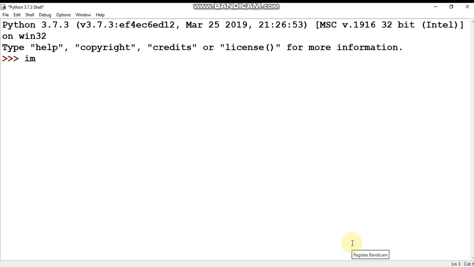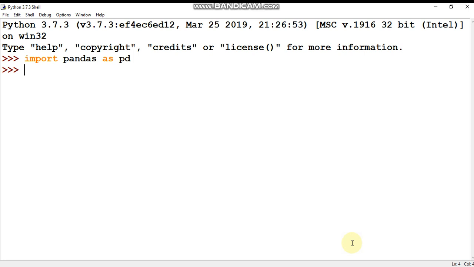Now here I'm going to import pandas. Now it's showing that the pandas module is installed already.